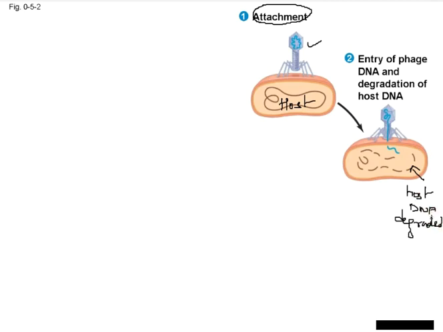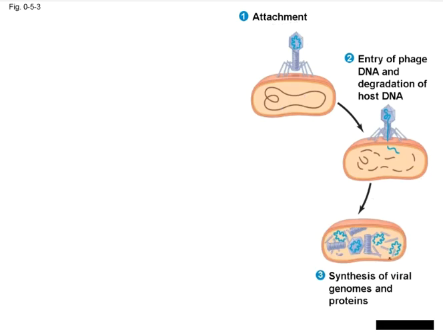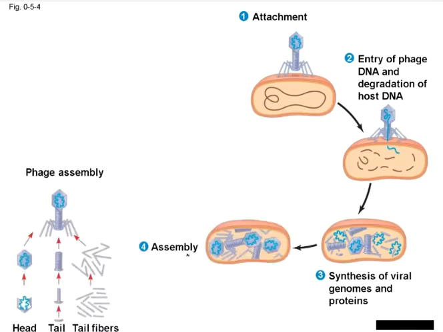Host DNA will be degraded. Then the next step is the synthesis of virus nucleic acid and protein. Virus nucleic acid can be DNA or RNA, but since it is a bacteriophage, it will be DNA. Then the nucleic acid and protein will assemble and be packaged, and the new